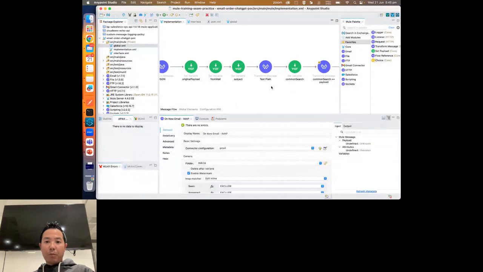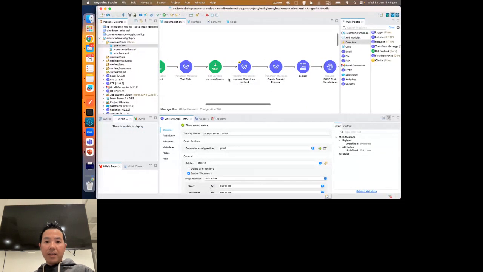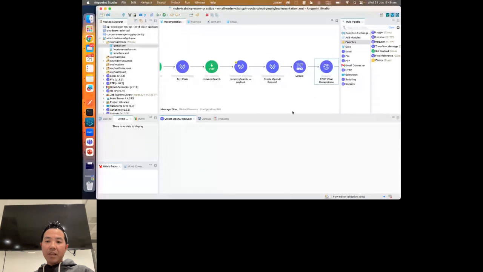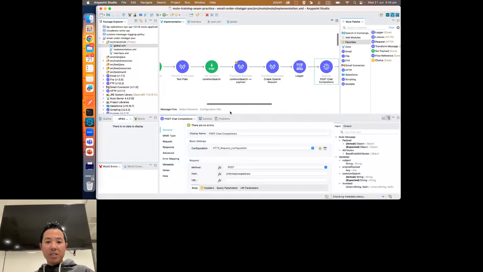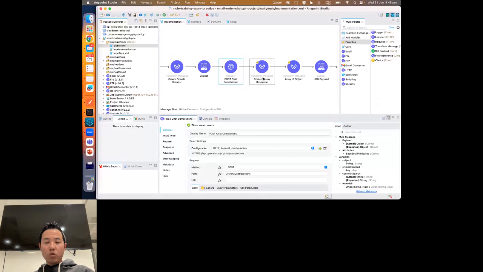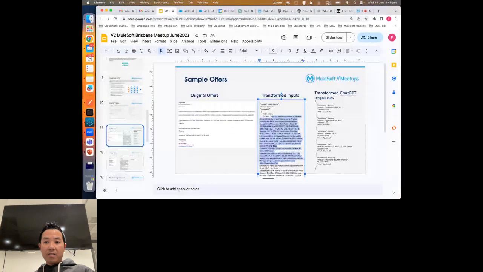Of course we add the prompt there, and then we call the ChatGPT API, which is this guy here. I'm using just a plain HTTP request connector, and then we get the response. We do a bit of transformation. As I said, the original response won't be like this, but we do a bit of transformation to convert it